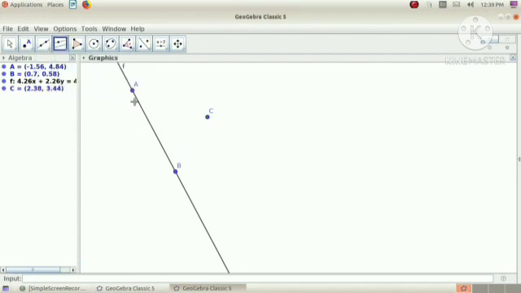For that, take the parallel line tool. Now click on this point and this line. We will get a parallel line through the point C, which is parallel to AB. Clear? Now, if we want to draw one more parallel line at a distance 2 times from this line, from